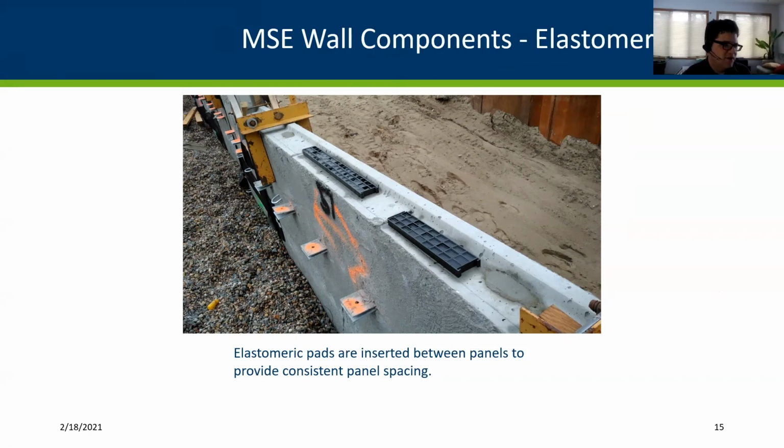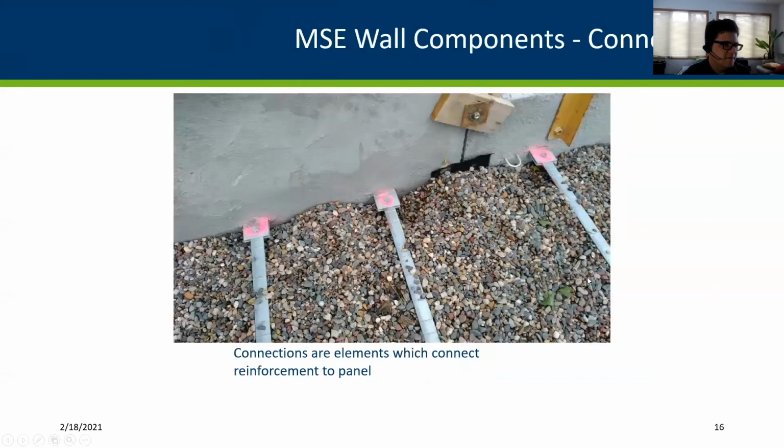So some minor components you'll see on these walls, there's usually an elastomeric pad between panels that each panel will sit upon so that you don't have concrete on concrete. Of course, you've got the connection for the reinforcing to the panel as another component. Those are of several different types. I'll walk through some now. This connection is the most common that we see, and it's just a bolted connection between steel strips and the wall panels.